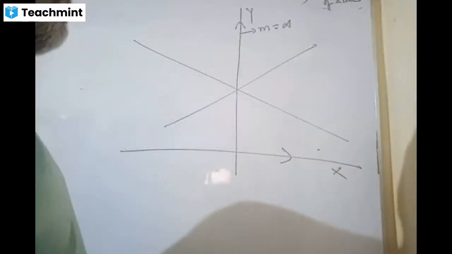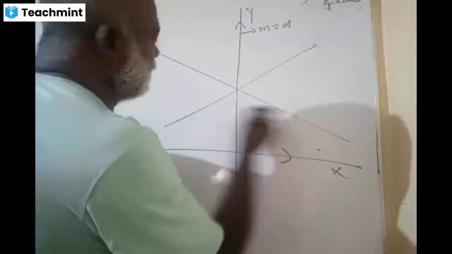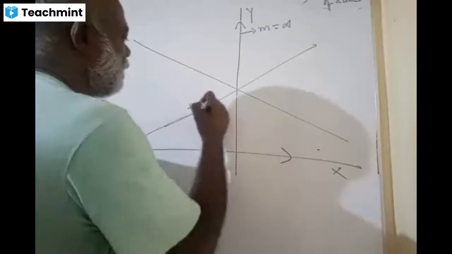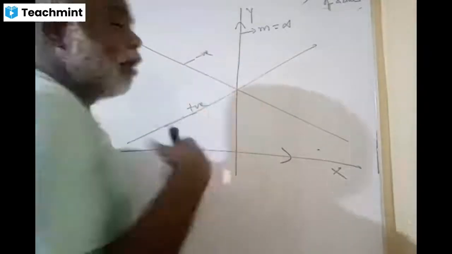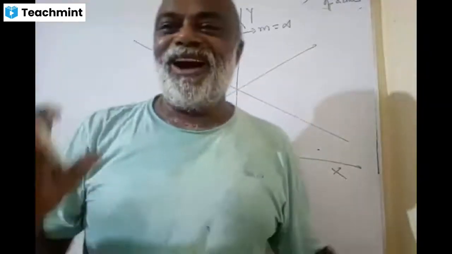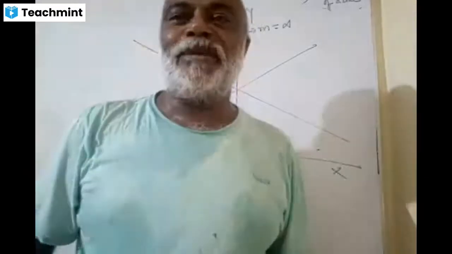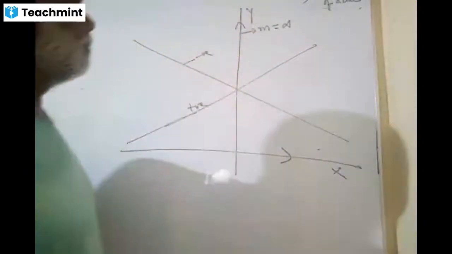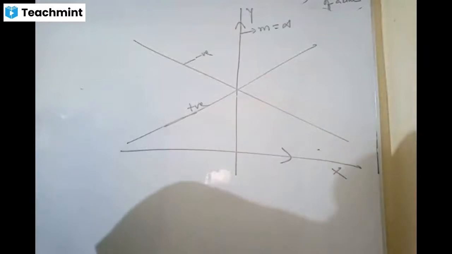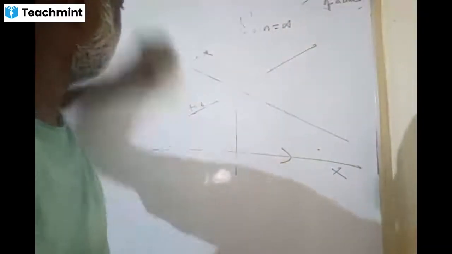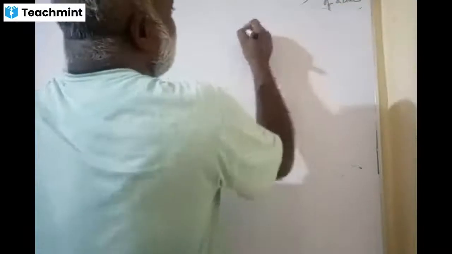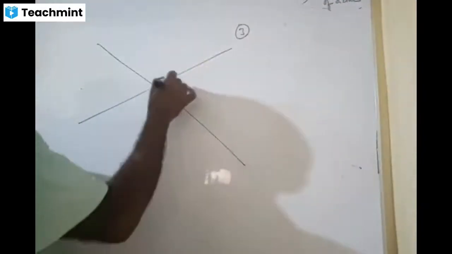Right. Friends, this slope is a positive slope. This slope is a negative slope. How do you know? All these things we will be discussing. Slope, about slope. Then friends, we have got five forms of equations of lines now, okay? Then how to build an equation of a line? That's number 2.